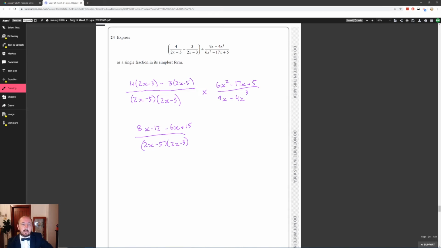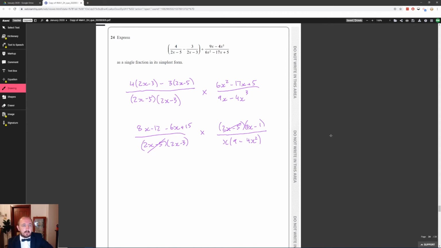Which probably means that one of these factors is going to be one of these brackets. Let's just check the denominator here. We can do x brackets 9 minus 4x squared, which is a difference of 2 squares. So we can use 2x minus 5 and 3x minus 1. Just check that one. Yeah, that works. So now we can start to cross cancel these,